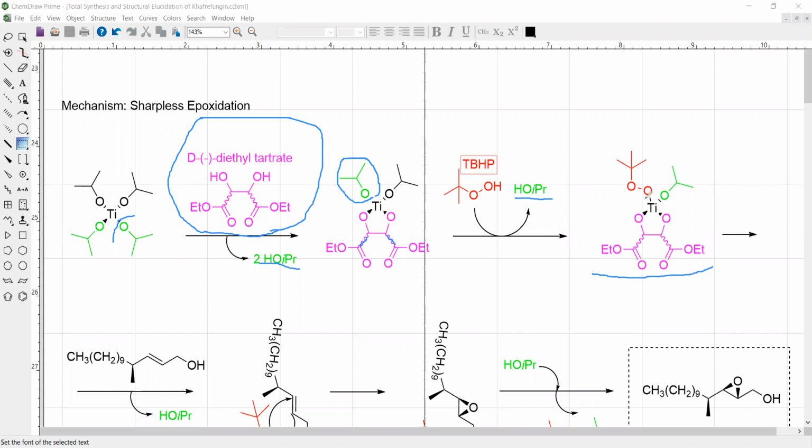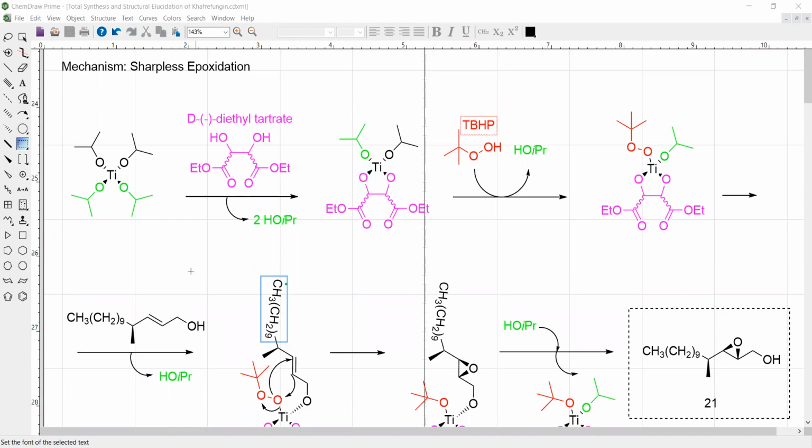So as you can see, we have our peroxide here, which is essentially our reagent that is bound to our titanium, and this, we'll see in the next step, allows us to direct the reaction. So as you could probably guess, I highlighted this isopropyl group in green, and when we substitute in our substrate,